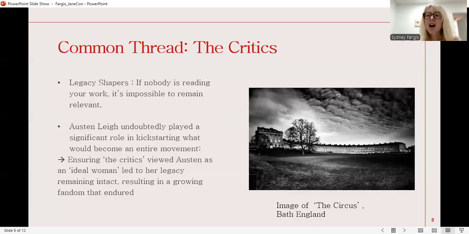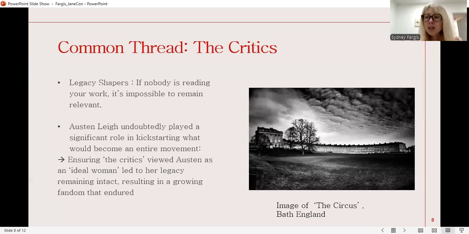By contrast, Austen kept being read, right? Becoming even more popular after her death. Where her novels are taught, her novels are book club selections, her novels have been turned into films, her novels have led to the creation of an entire society, the Jane Austen Society, established in the 1930s. We attend conferences like this.